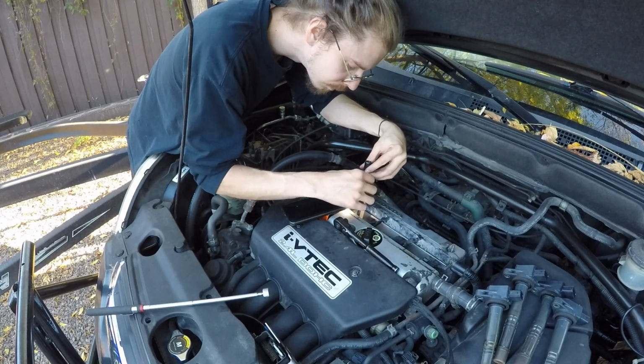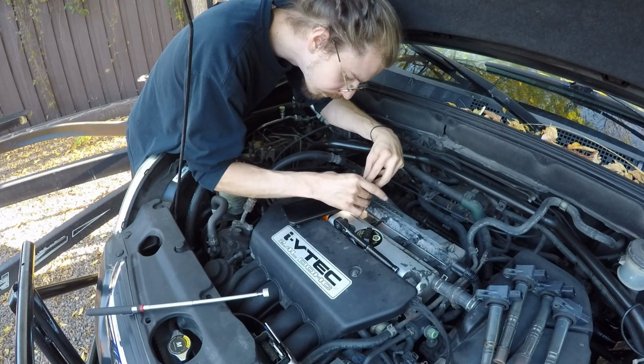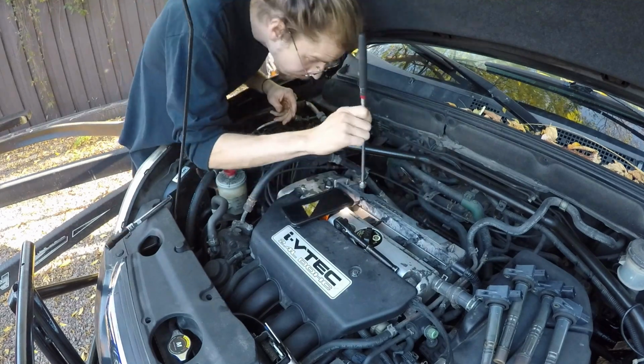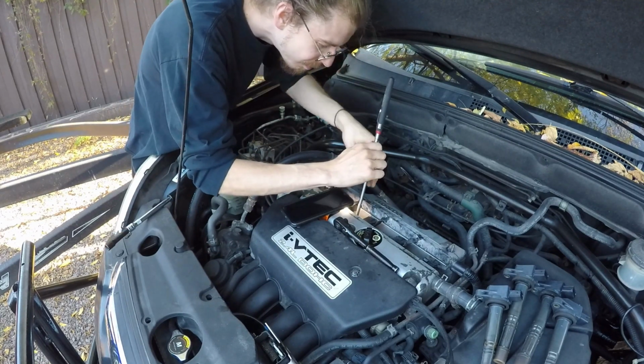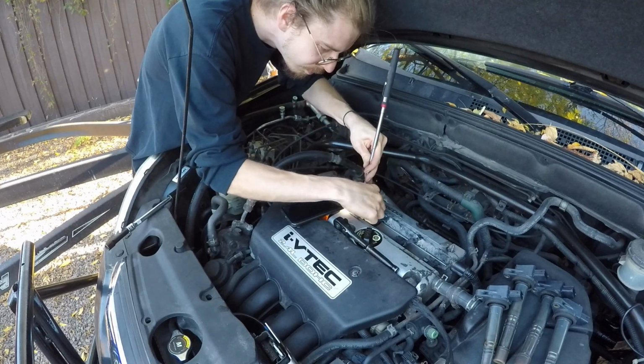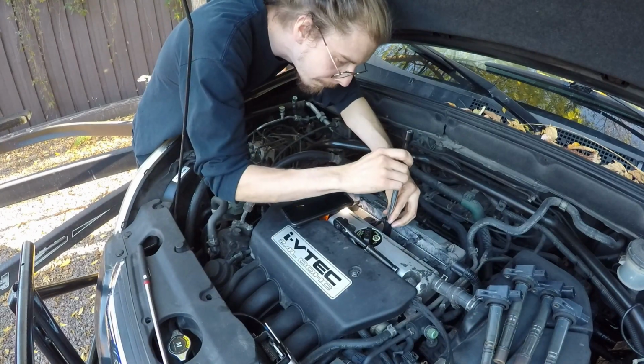Now again, it's the same thing for everyone. We're just going in there real slow after we've cracked it and just pulling it out by hand and really taking our time here. Here comes the second one. I don't know why I showed you guys every single one, but